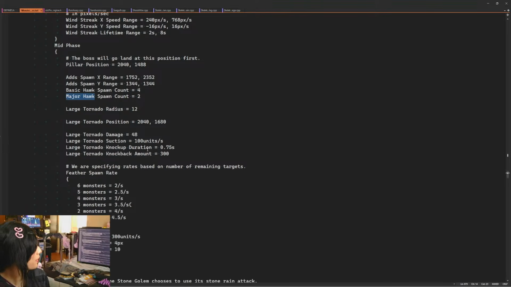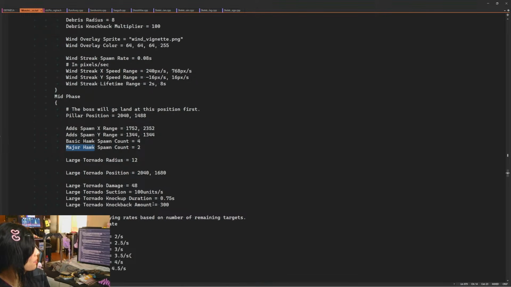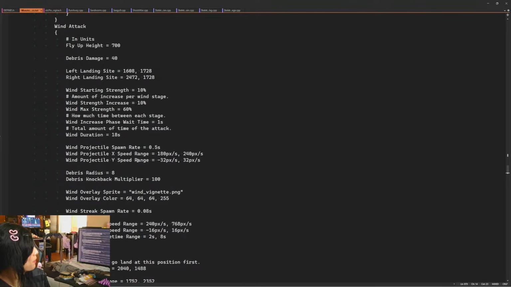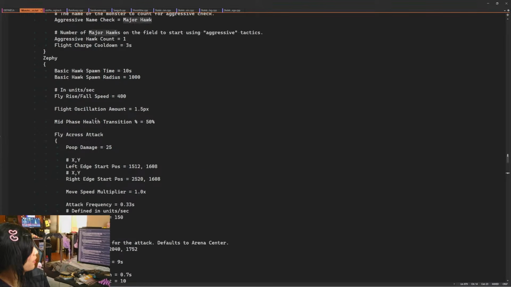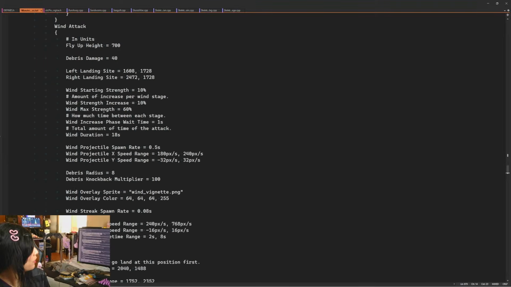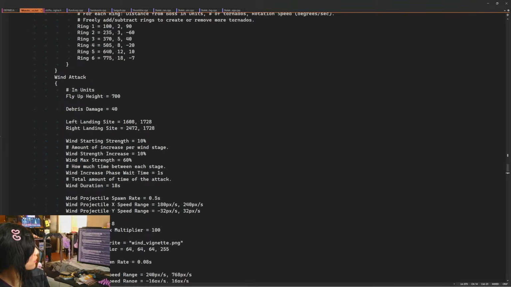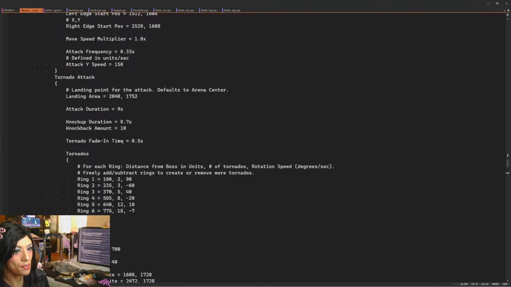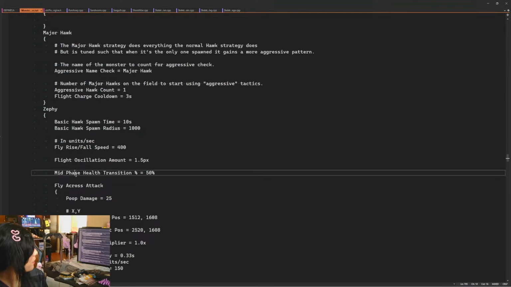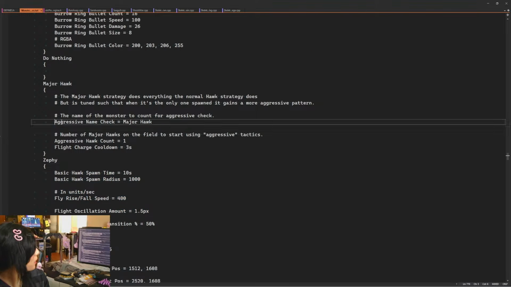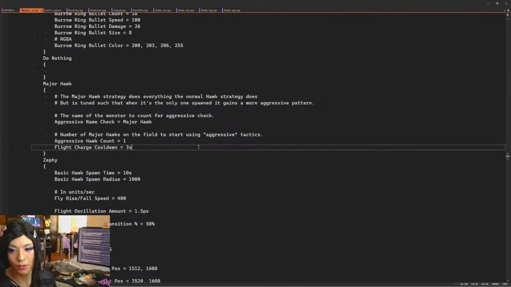Yeah, major hawk count, aggressive hawk count is... That's mid-phase, when attack. I guess final attack is what we're looking for? It just says aggressive hawk count, period. Zephy, major hawk, there it is. Aggressive name check, aggressive hawk count, light charge cooldown.